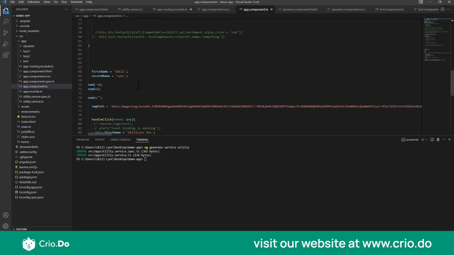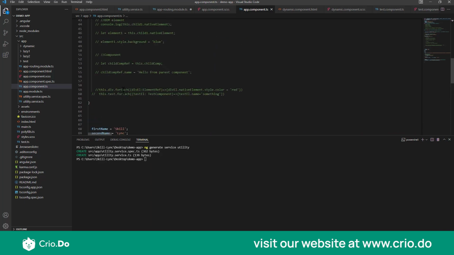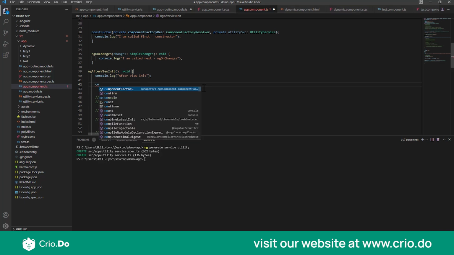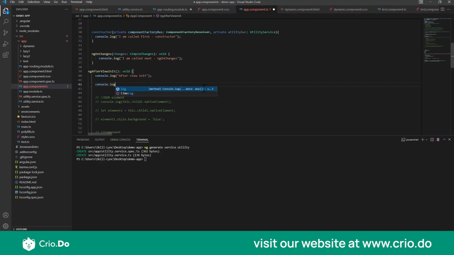So since we have commented out all our old code, I'll do a very simple thing. In our ngAfterViewInit lifecycle hook, if you remember, this is a lifecycle hook which gets called whenever your DOM is ready. So once your HTML DOM is ready and painted by your component, I mean once the HTML DOM elements are rendered by your browser, this lifecycle hook is called. So here I'll just do a simple console log, and I'll just do